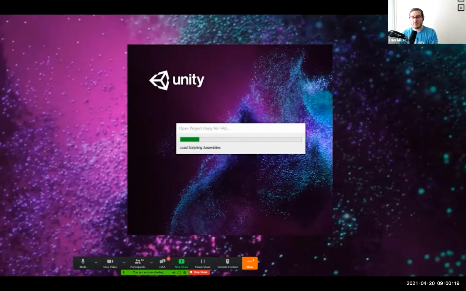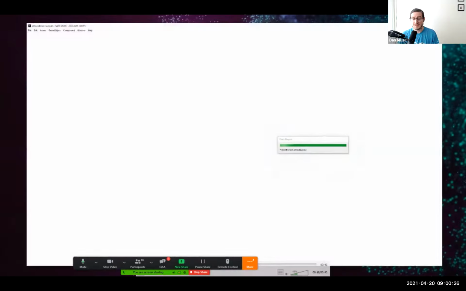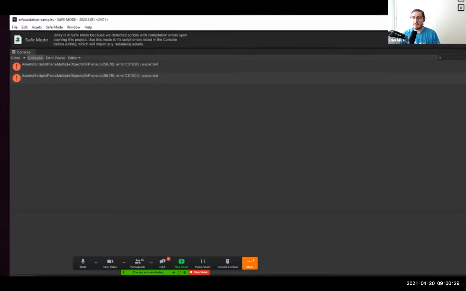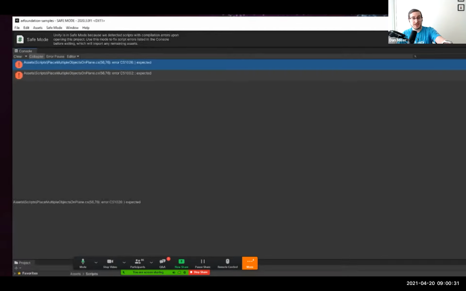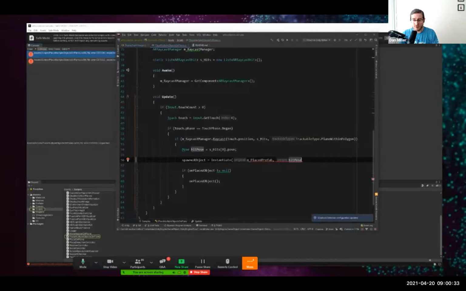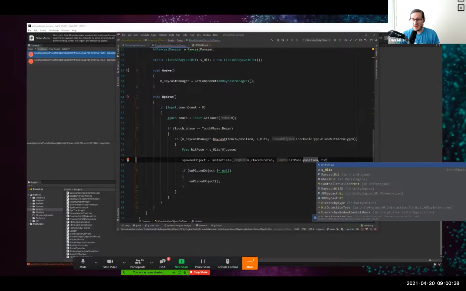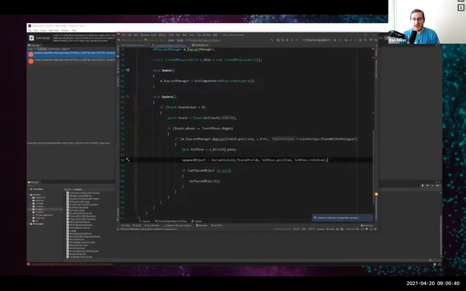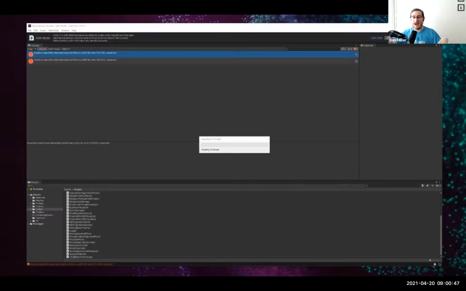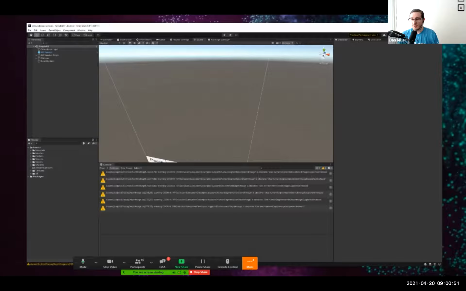So here I am loading up a Unity project. And what's going to happen here is it's saying, hey, there were some compilation errors. Do you want to enter safe mode? I say yes. And that's going to give me a slimmed down version of Unity. Here you can see we actually have some compiler errors. I fell asleep when I was coding this or something. So I'm just going to complete this Instantiate syntax here, save it, and then go back to Unity. Unity is going to recompile, say, hey, everything is fine. And then it's going to exit out of safe mode and go back into normal Unity. And here we can continue working.